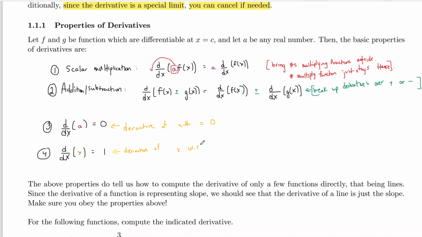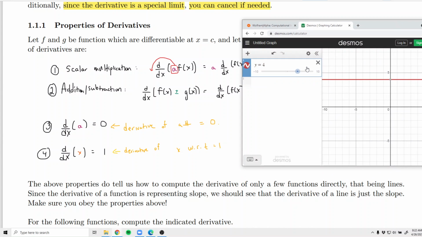But I'm going to write the with respect to. This is often abbreviated WRT, with respect to, equals 1. Now, if this was a y down here and a y in here, it would still be 1. So if they're matching, it's still 1. Now, one thing I want to do as well with this one is just show it to you, because we